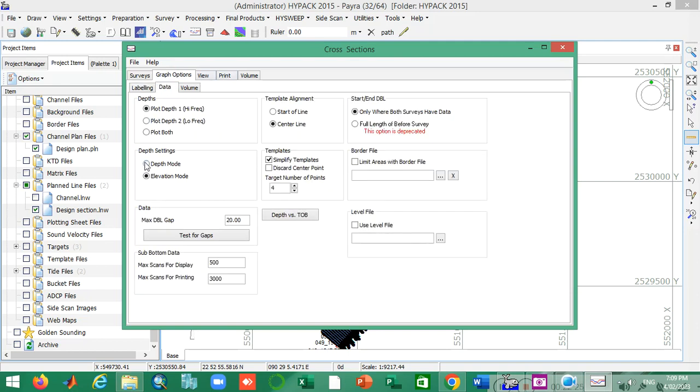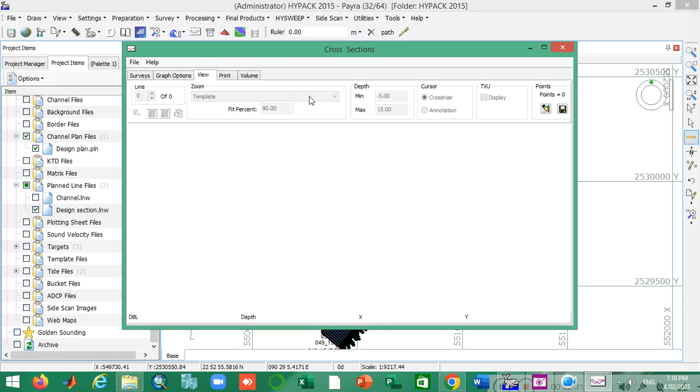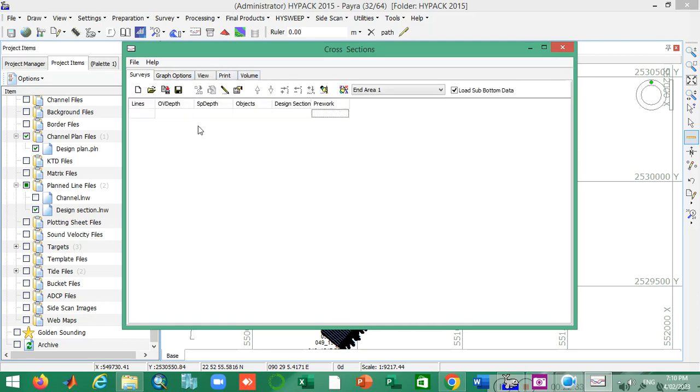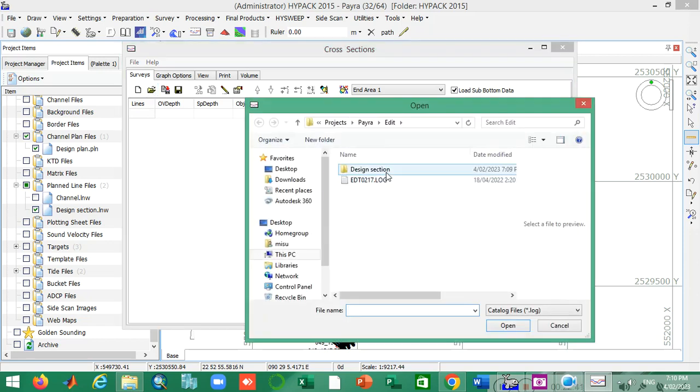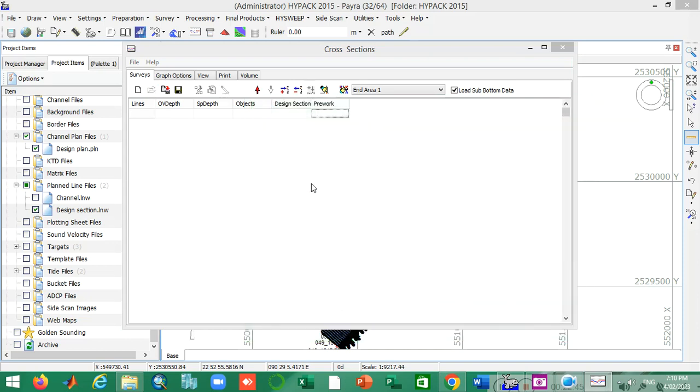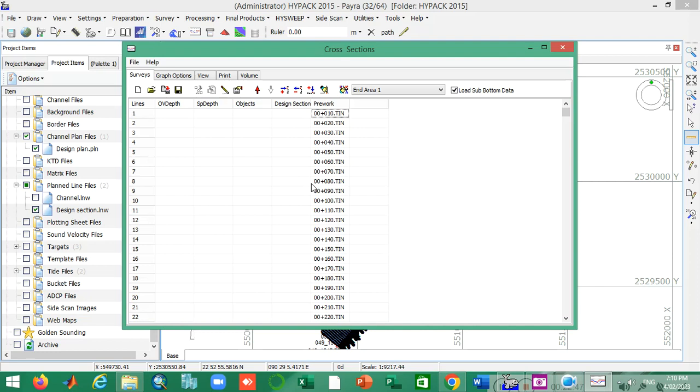Data is elevation mode, so I have to change it to depth mode, and template element is center line, it's okay, and then view. Okay, now I have to reload the files that I generated in my immediate session. So this is the design session log file. Okay, imported the files, and if I want to see the view,